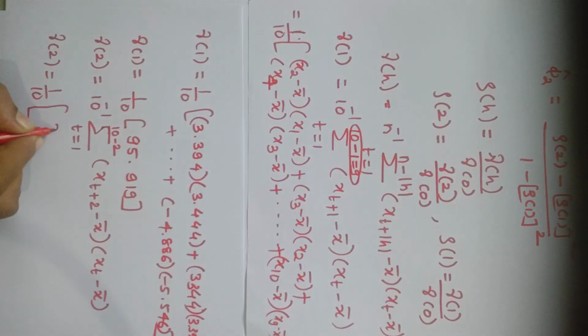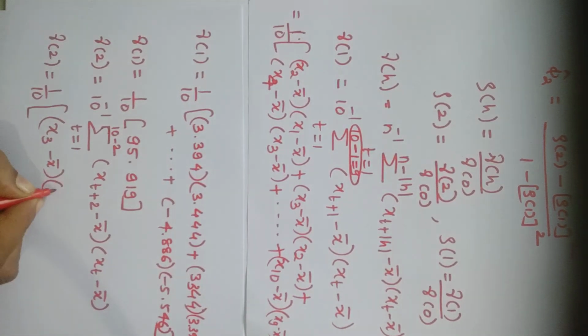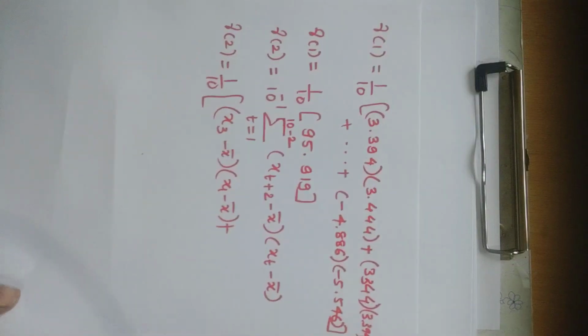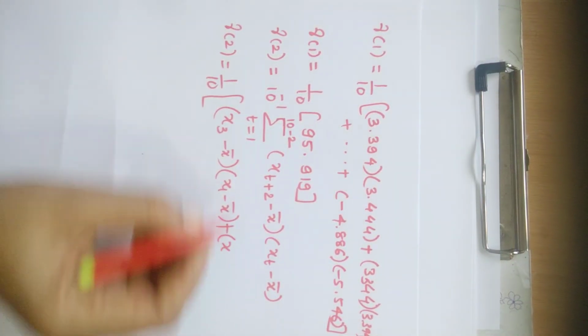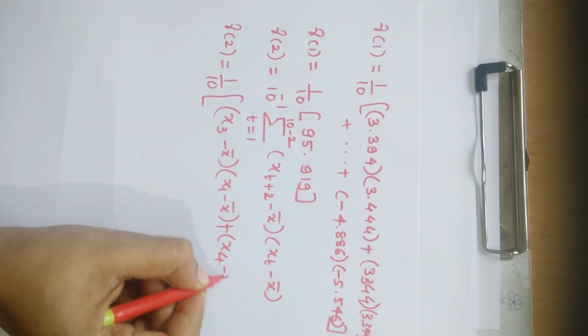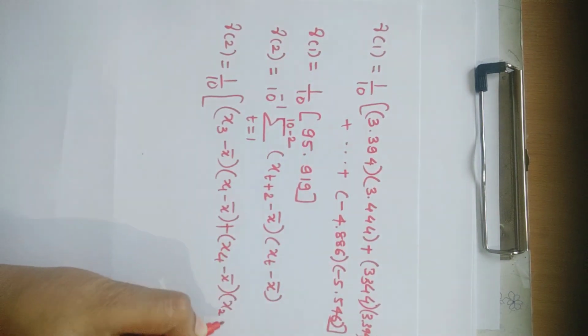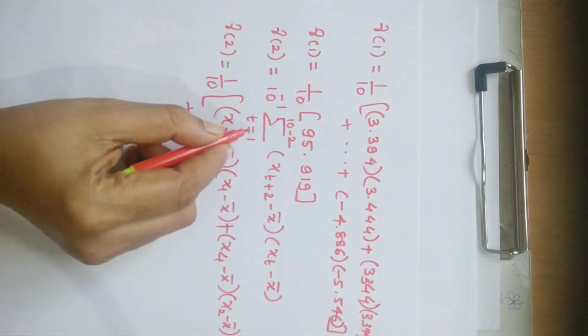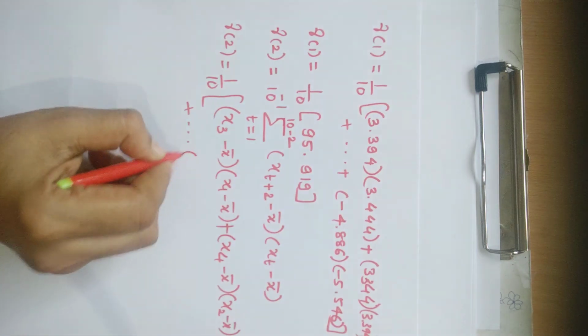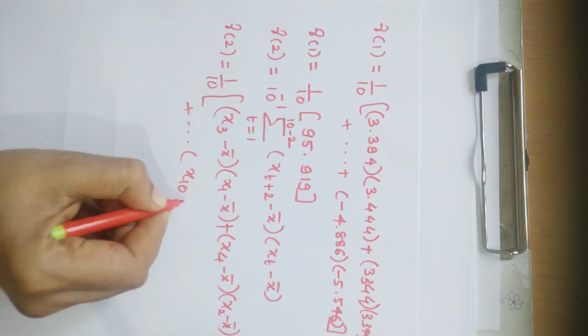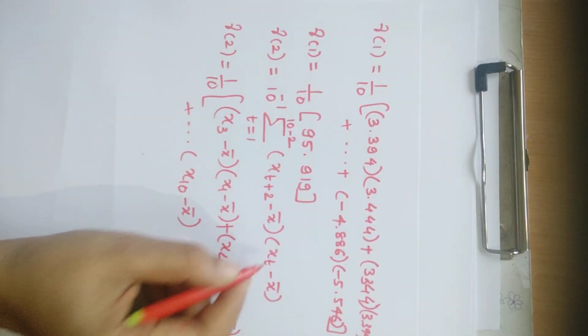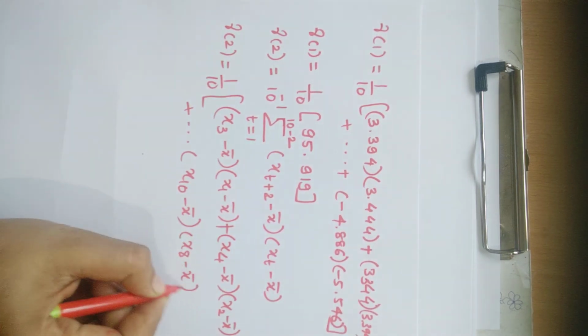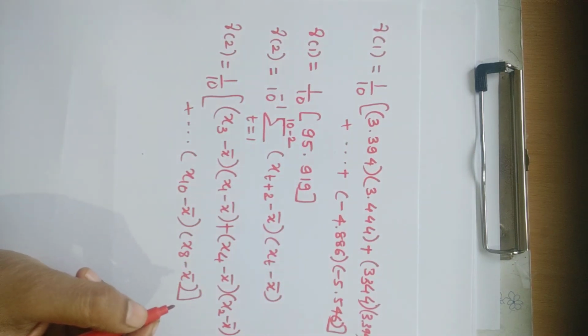Substituting t is equal to 1, this is x3 minus x bar into x1 minus x bar, plus t is equal to 2, 2 plus 2 is 4, x4 minus x bar into x2 minus x bar, plus dot dot, last value is 10 minus 2 is 8, so 8 plus 2, x10 minus x bar and t is equal to 8, here x8 minus x bar. So this is the gamma 2 value.